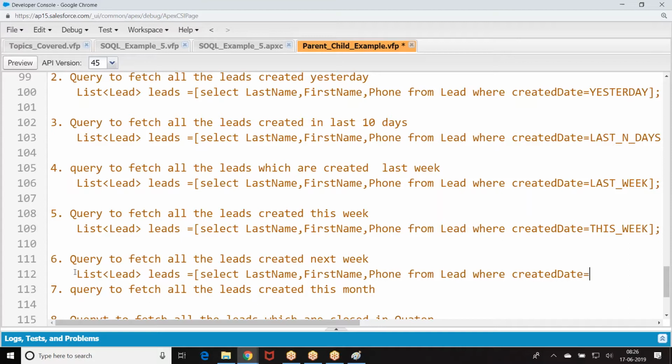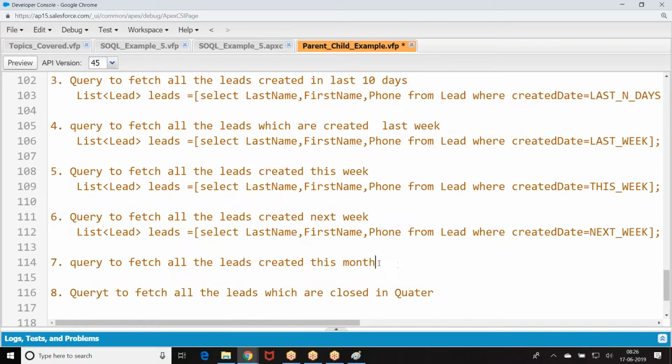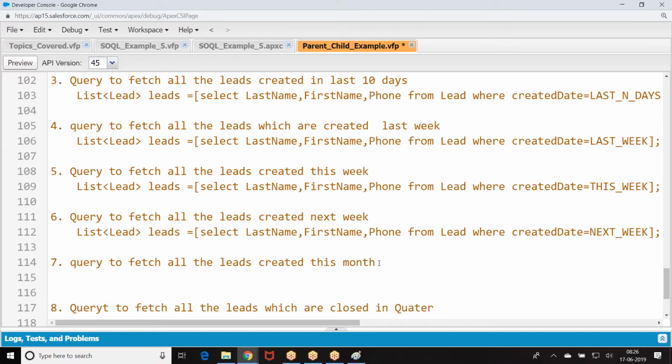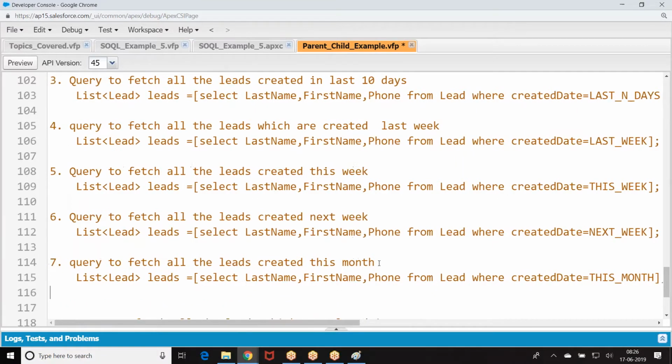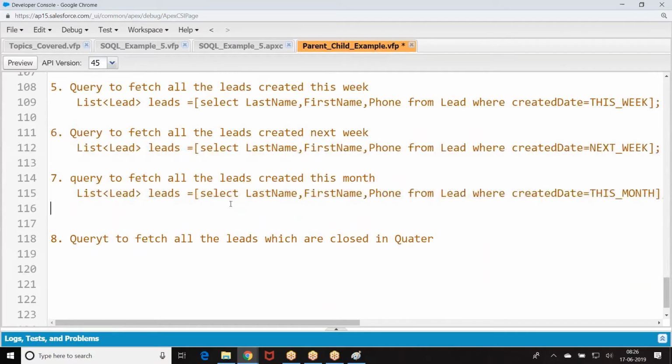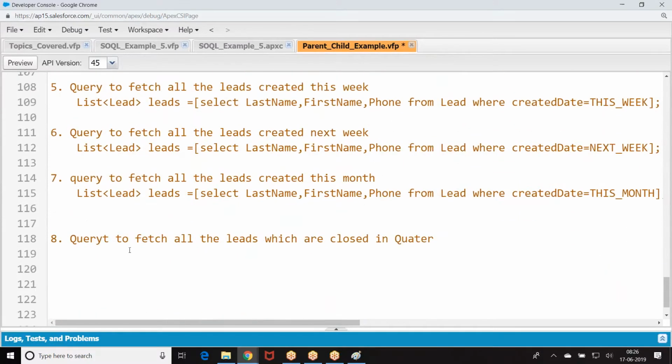Create a date equal to this month. Right. So what was that? This week, last week. Next we are told: query to fetch all the opportunities which are closed this quarter.